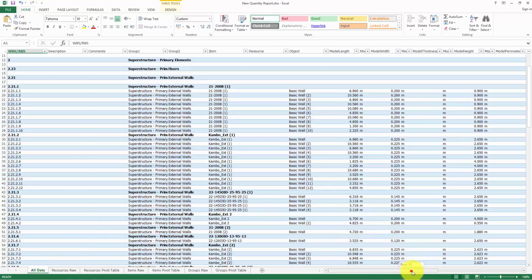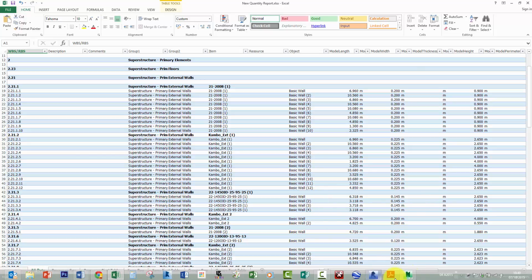So if everybody can get to the situation where they make a quantity takeoff of this model today, I'll be happy. Okay? Yeah, and just for the work